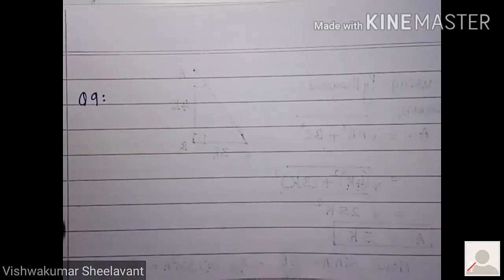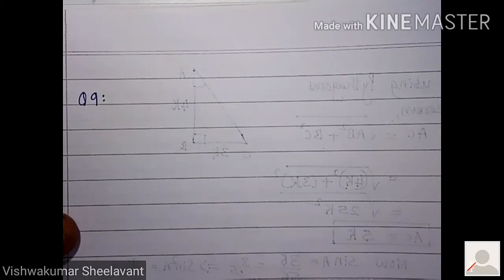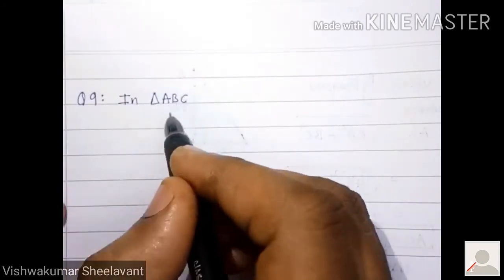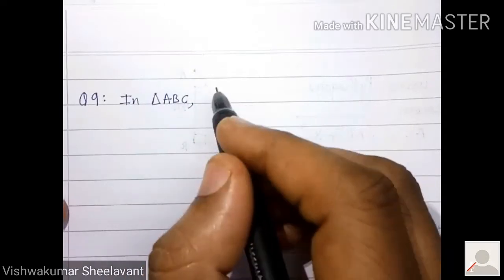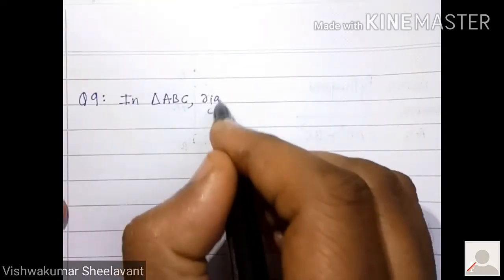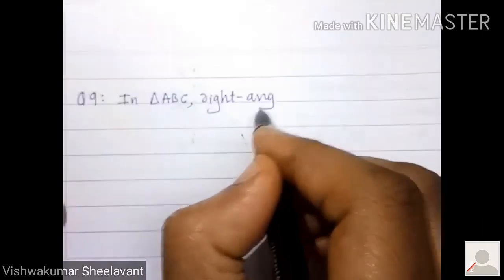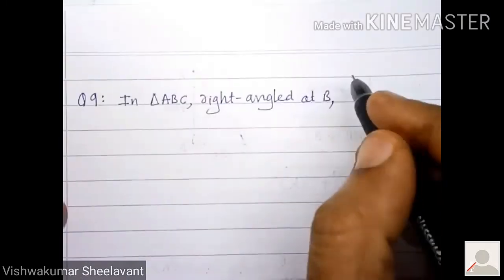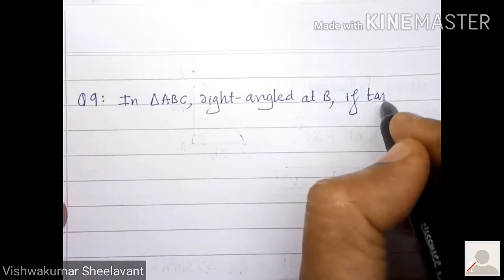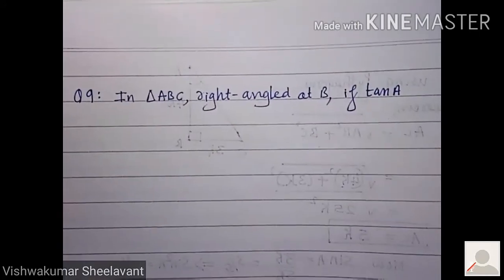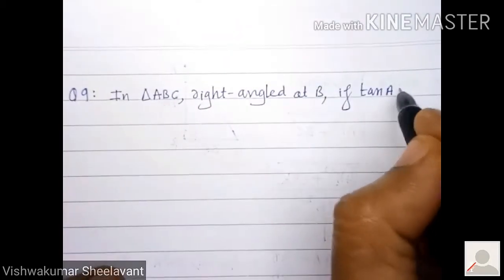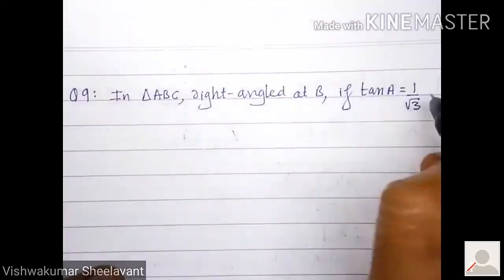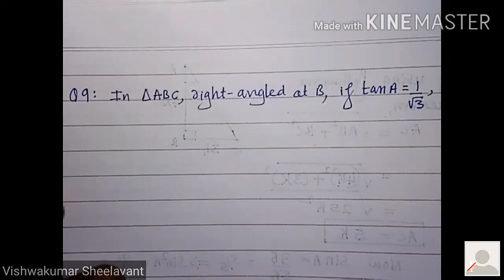Question number 9. In triangle ABC, right angle at B, if tan A is equal to 1 by root 3, find the values of